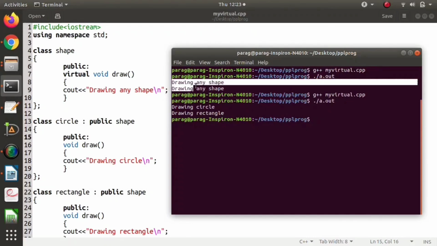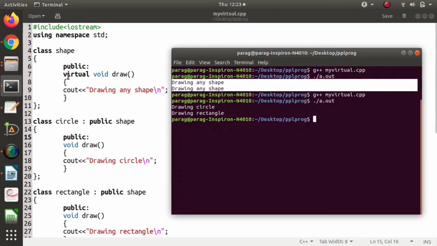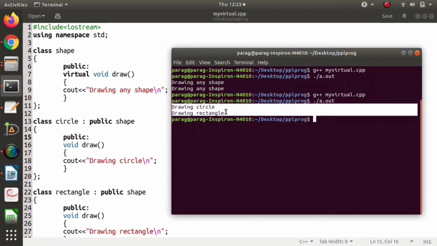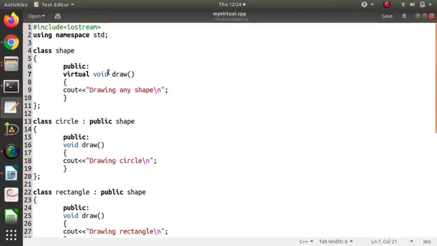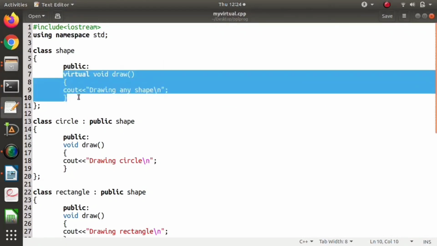So see, the first time when we had not used this virtual keyword, we got this output, drawing any shape. This message we got from the draw function of shape class. Now look at this. Here we got these two messages, drawing circle and drawing rectangle. These are the messages from the derived classes. So here we have achieved runtime polymorphism, and to achieve runtime polymorphism we have made this function of the parent class virtual. So this is the virtual function